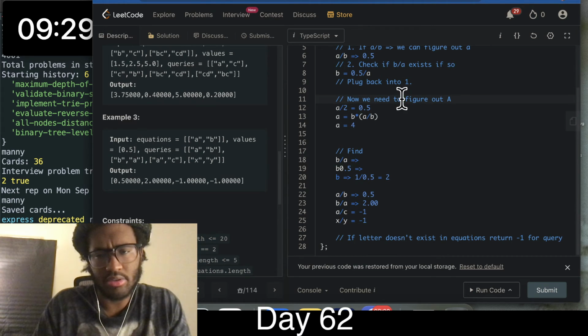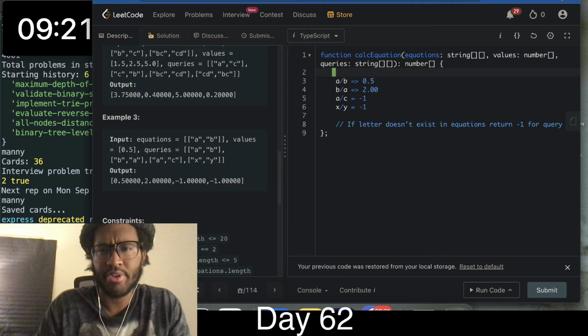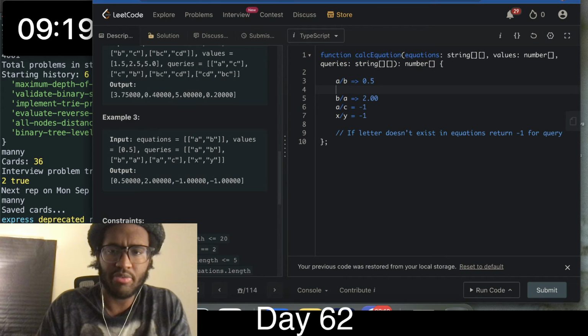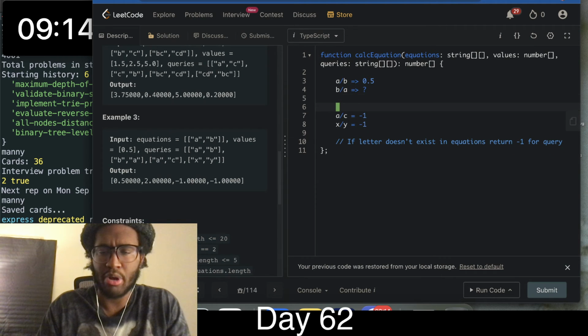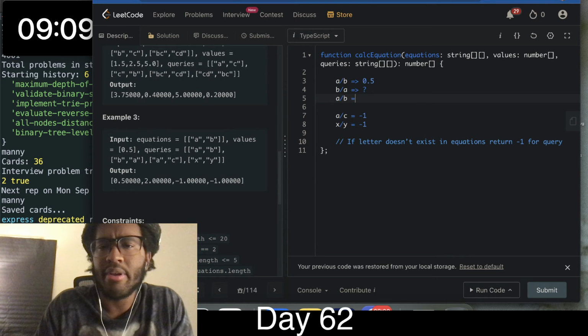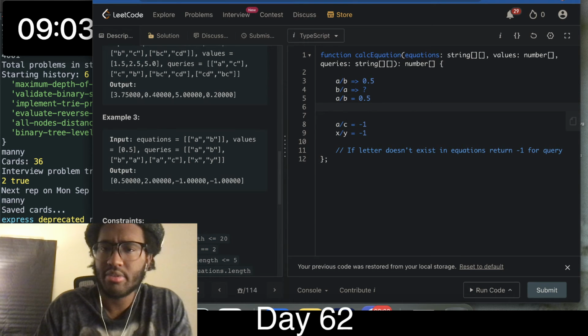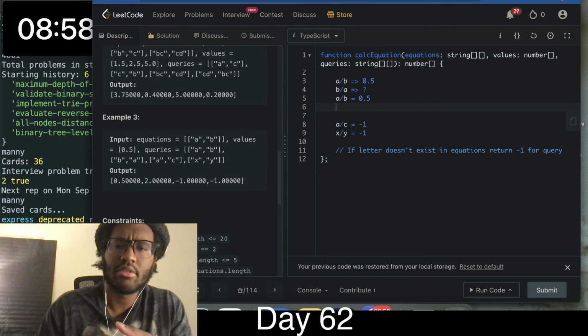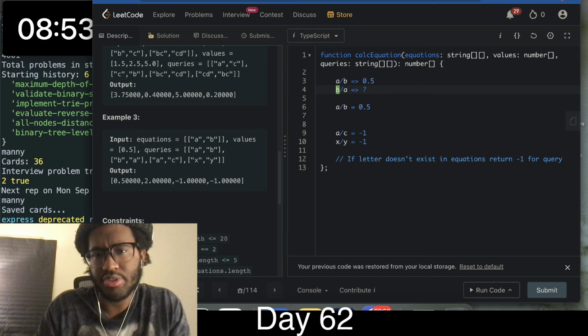If I delete all this and go back to the beginning, we have a over b equals 0.5, b over a equals question mark. Should be able to figure out at least the answer to one of these values. A divided by b equals 0.5. To figure this out, we'd have to